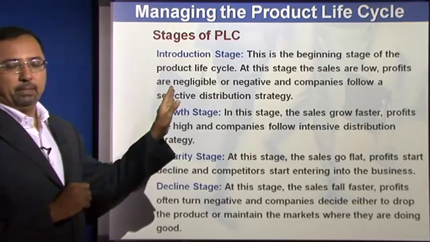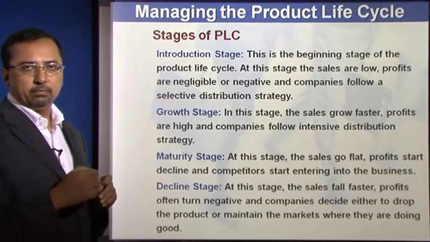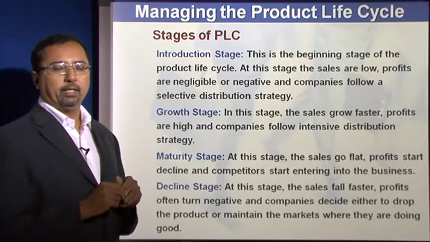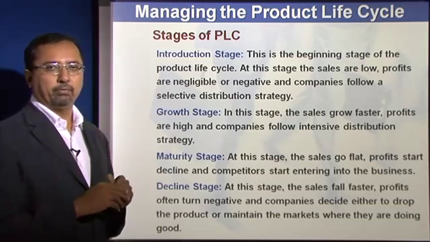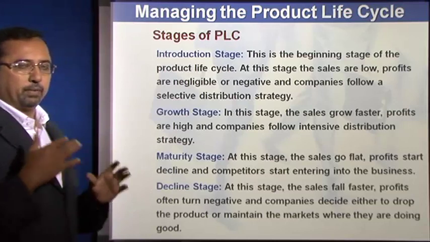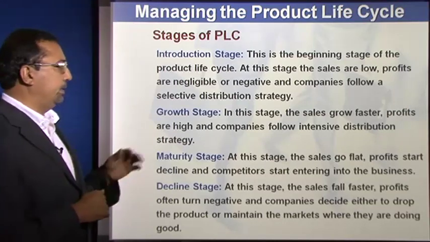So companies too tend to be a lot more selective. They go slow and steady in some cases. There are of course exceptions, like for example the recent iPad of Apple, where they went out with millions and millions, but that's because of a completely different buzz around that product category.